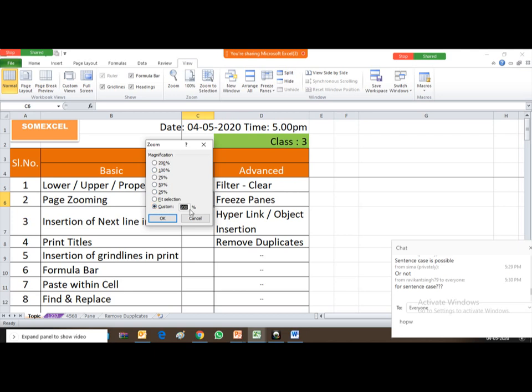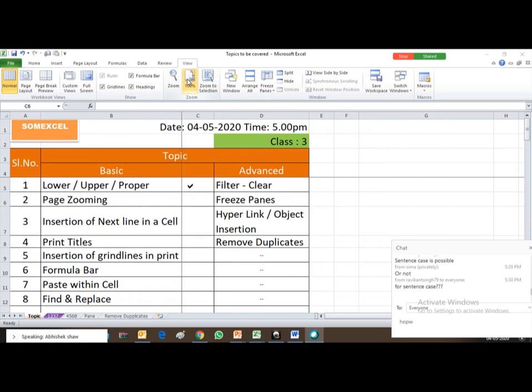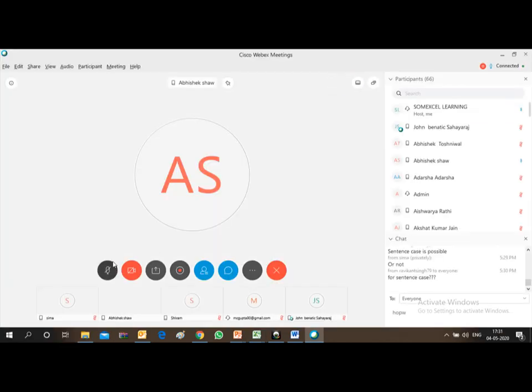Say if you want 125%, which is not mentioned over here, you can enter 125% and then just press OK. It will be zoomed up to 125% of the normal view. Or by pressing 100%, it will again convert back.